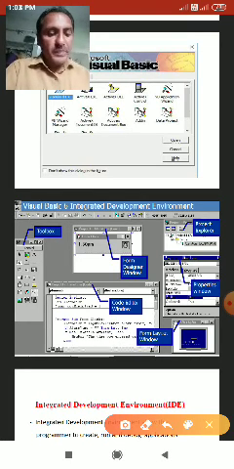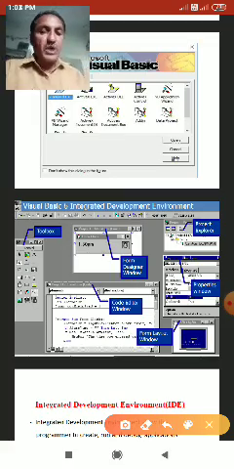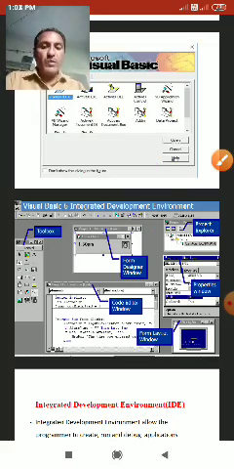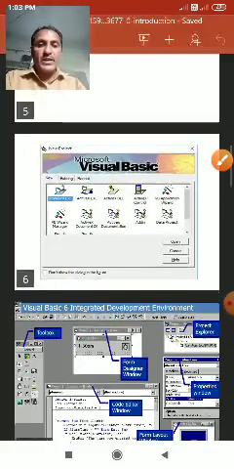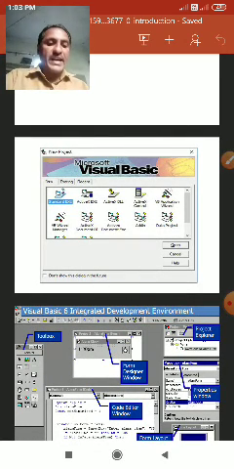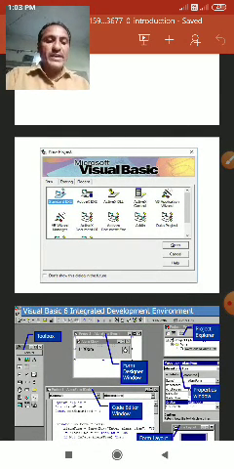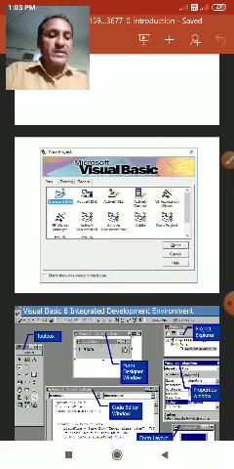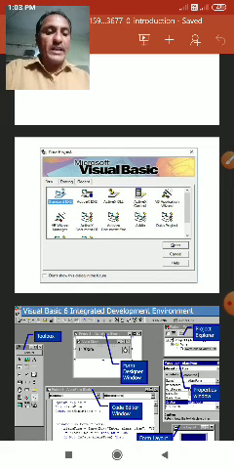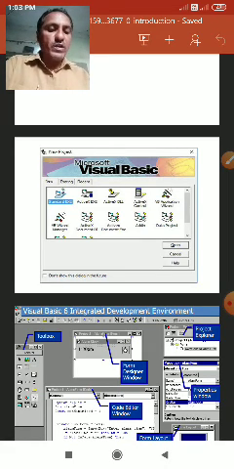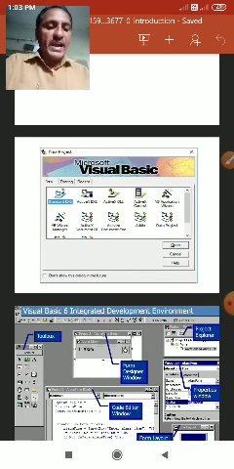In this environment, the dialog box shows: Standard EXE, ActiveX EXE, ActiveX DLL and ActiveX Control, Visual Basic Application Wizard, Visual Basic Wizard Manager, ActiveX Document, Excel, Data Project.